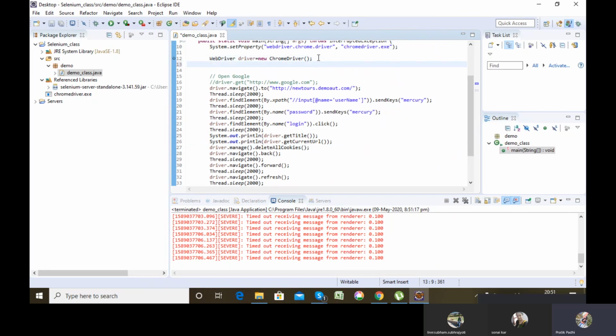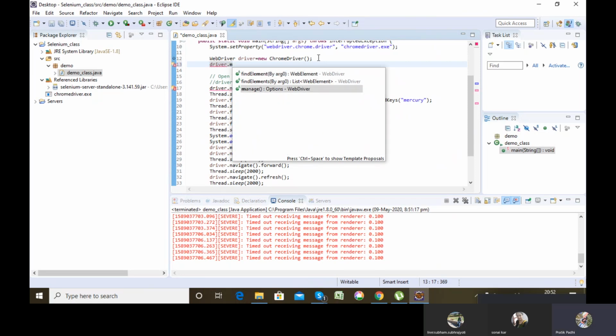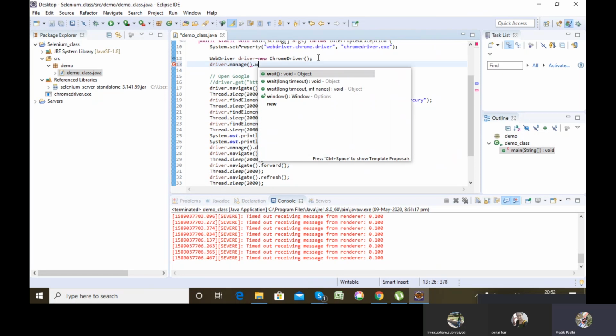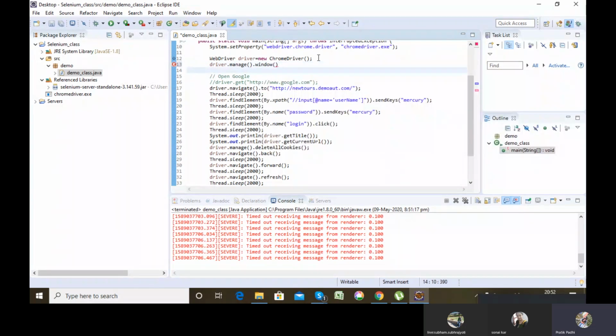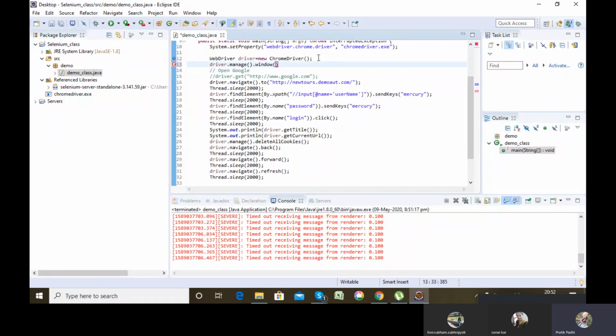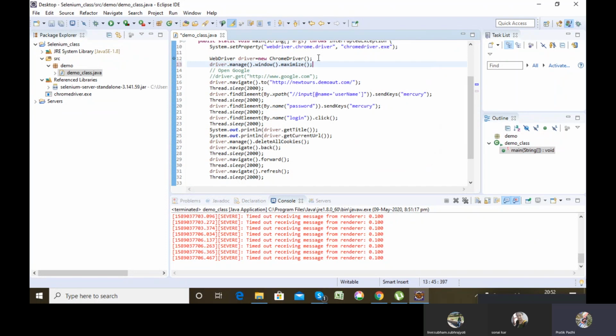We'll be using it before hitting the URL. Driver.manage().window().maximize(). Okay.